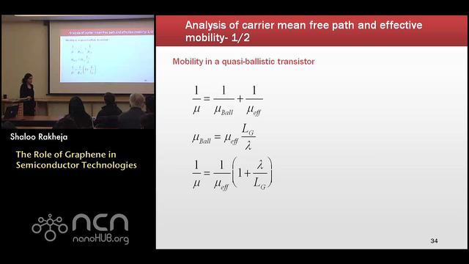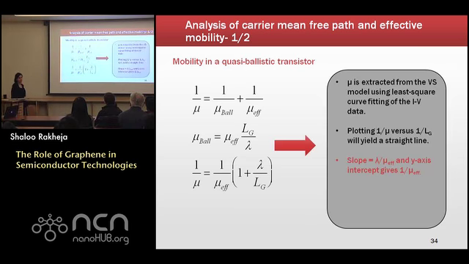All right. So the next thing that we wanted to do was understand some physically meaningful parameters for this graphene technology that I have been analyzing, and these are mean free path and effective mobility. The apparent mobility, or the mobility that we extract from the VS model, can be given by Matthiessen's rule of a ballistic mobility and an effective mobility that is valid in a long channel device. The ballistic mobility varies with the gate length. It's linearly proportional to the gate length, as you can see over here, and there is the mean free path of the device. If you did a little bit of math, you can show that this inverse of mobility, which I'm getting from the VS model, can be expressed by the equation given over here.